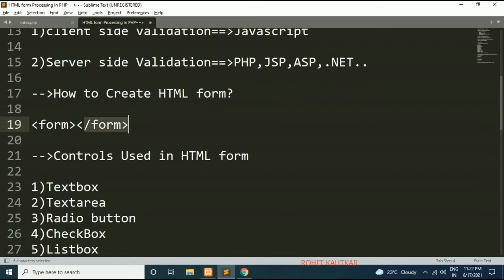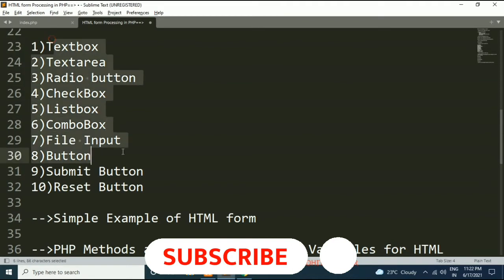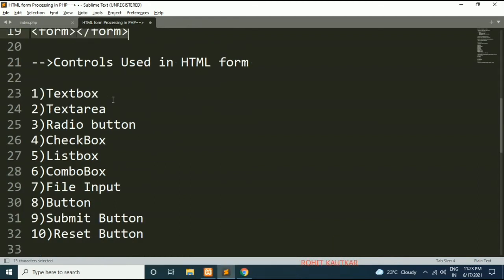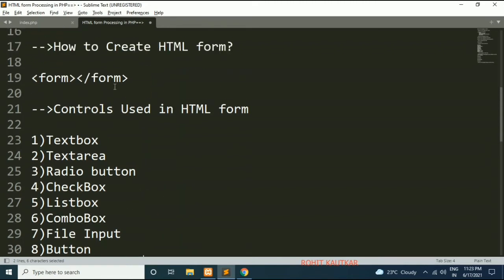So what different form controls can it contain? Here is a list of various form controls that you can include within the form and /form tags: text box, text area, radio button, checkbox, list box, combo box, file input, button, submit button, reset button. All these are a variety of form controls that can be used within these form and /form tags.